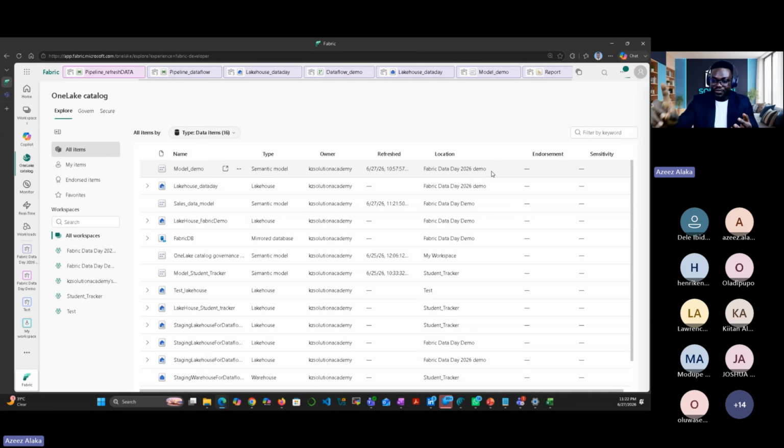In the workspace, we have different permissions. We have contributor, we have member, we have viewer, and we have owner. If you are not given that permission, you don't have any relationship with the workspace, you will not see anything on OneLake. So only those people that need to see it will see it. That was why I was explaining domain. I talked about domain. So that is how it goes.